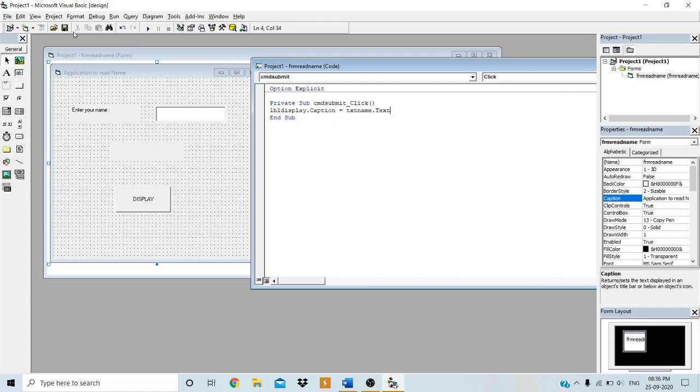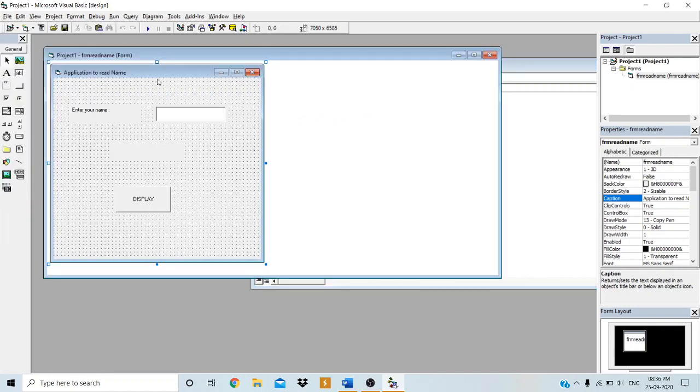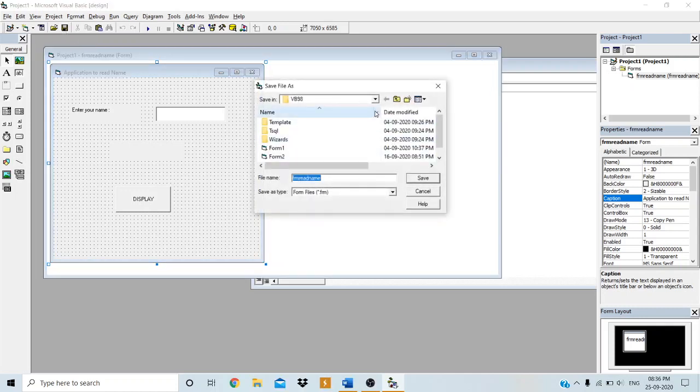So save the project by going to the file menu and clicking on save project, or you can directly save your project by selecting this save project icon, and save your form. Go to the location where you want to save your form.